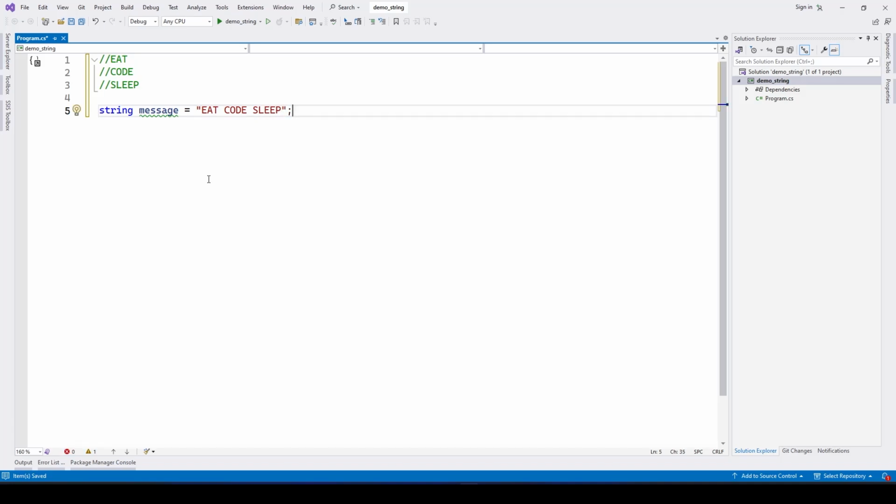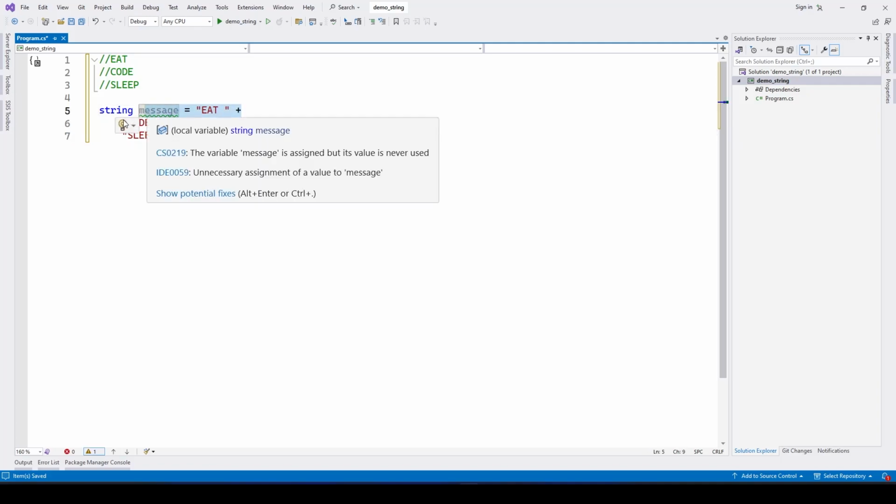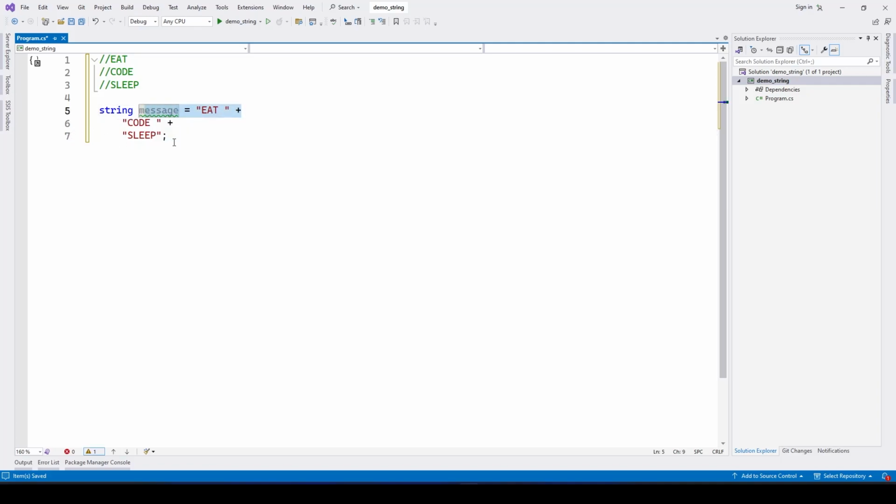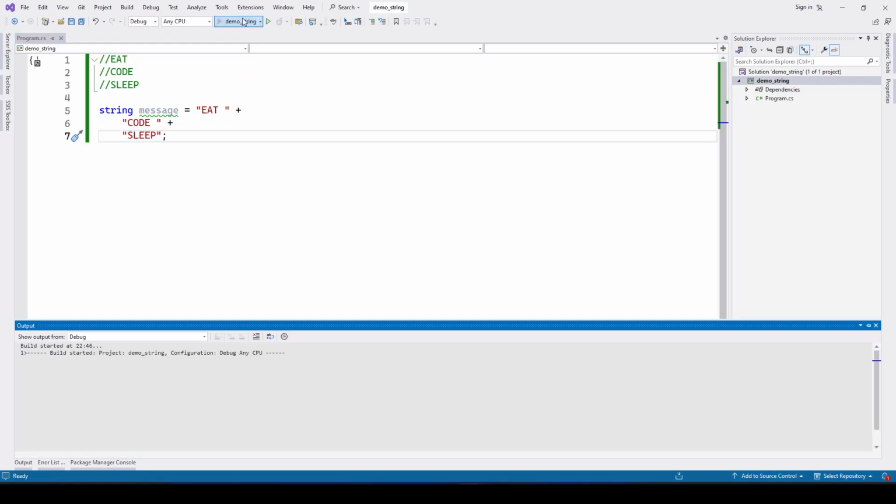So to move it to the new line, if I go ahead and print this message, here you can see these are showing up in the new lines. The eat is coming at line number 5, code is coming at line number 6, sleep is coming at line number 7. But if I print this message,